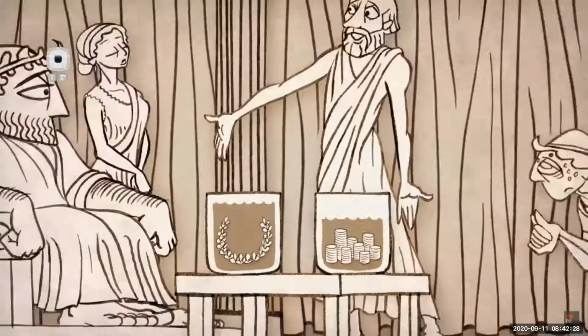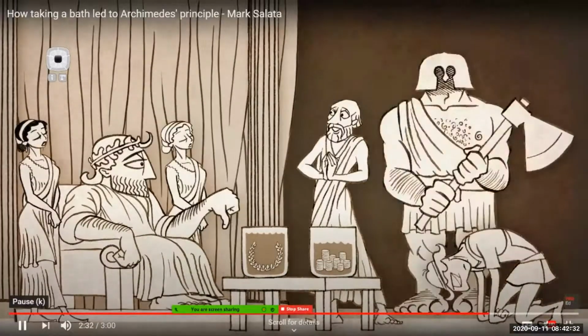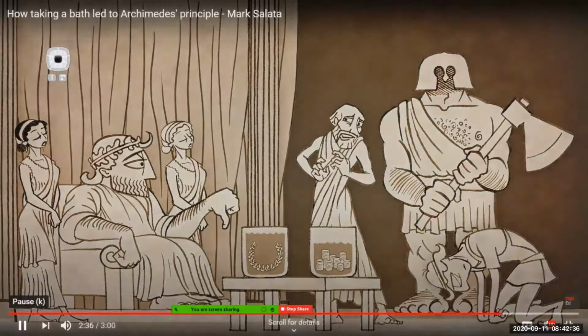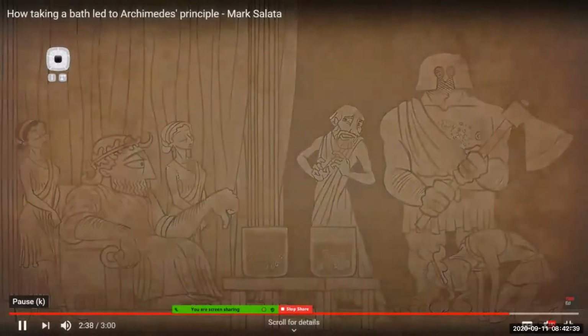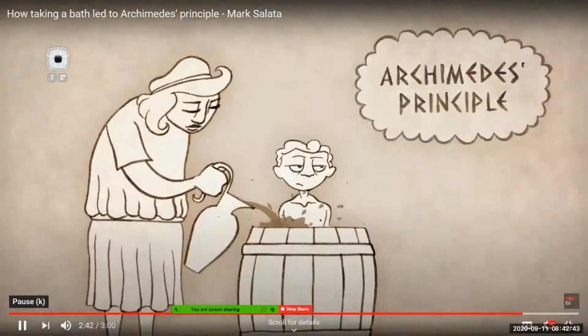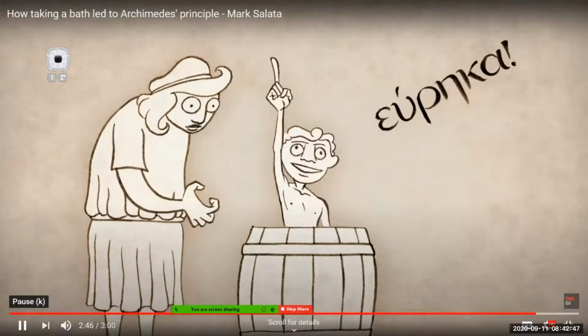When Archimedes went back to the king and did his test, the story says, he found that the goldsmith had indeed cheated the king and slipped some silver in. These days, using the way an object displaces water to measure volume is called Archimedes' principle. The next time you take a bath, you can see Archimedes' principle in action. And maybe you'll have a genius idea of your own.